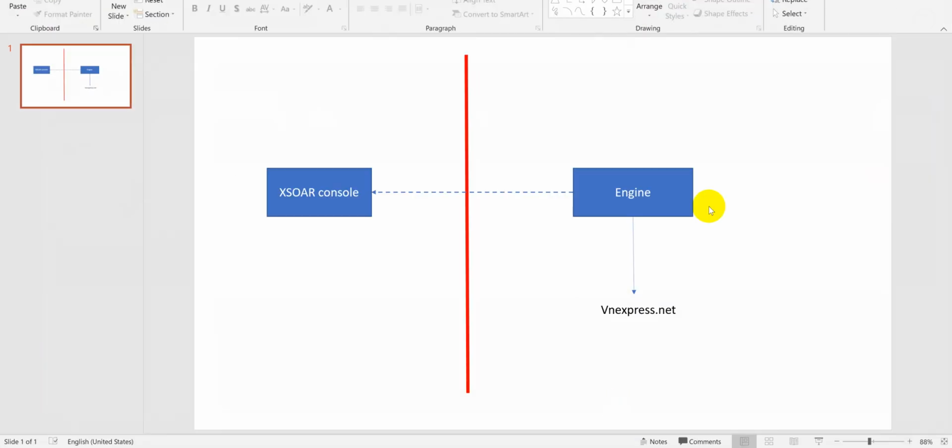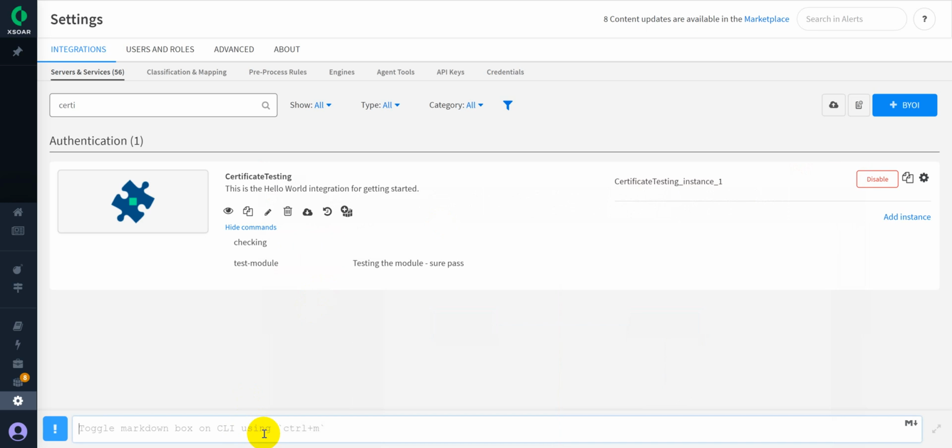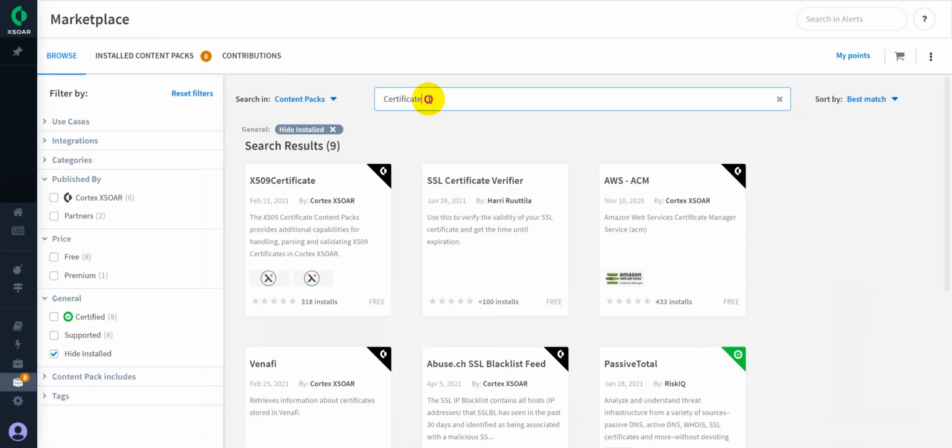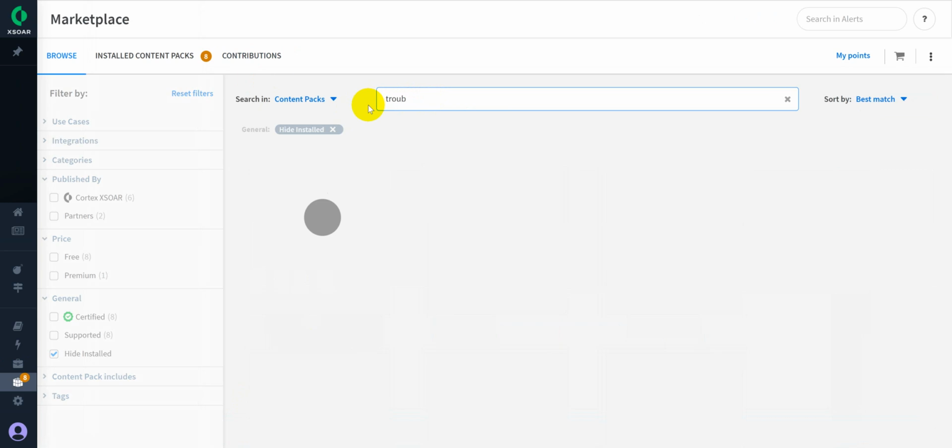Yeah, so today we will try to understand a little bit on the relationship between the Xsoar console and the engine, and we will use the engine to pull to vnexpress.net instead of using the Xsoar itself. So the reason why I do this is because when we install a